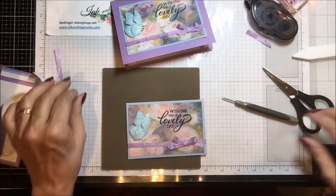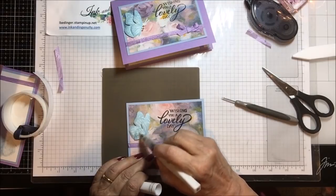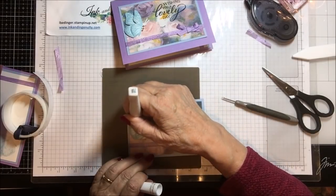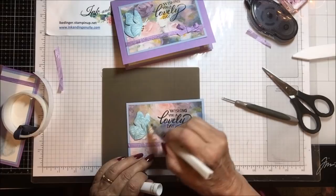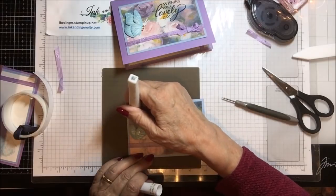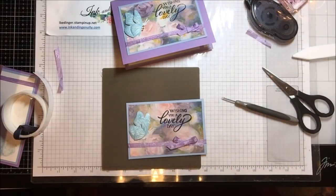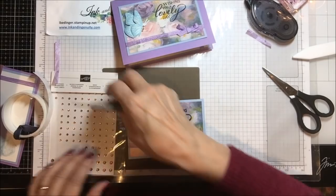All right, now I'm going to add my Wink of Stella. I probably should have done this before I put this butterfly on my card, but I think it'll be fine. And so I'm going to put quite a bit of Wink of Stella on my butterfly. I went over this several times because I wanted lots and lots and lots of shine on that pretty butterfly. Now, the other thing that I added on the body here was I added 3 of these